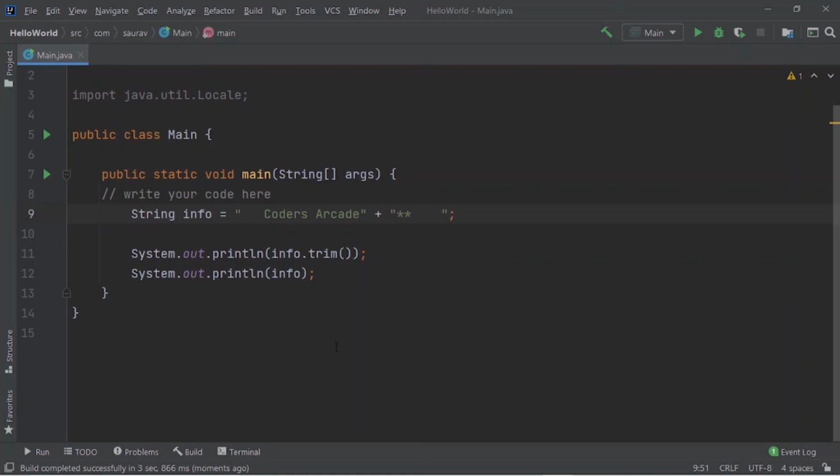So these were some very simple and important methods in strings. I hope you have understood all of them. If you have any doubts, you can ping me in the comment section. I will be happy to clarify all those doubts. And during the duration of this course, you will be learning more about strings because strings is a very important topic in Java. So stay tuned.